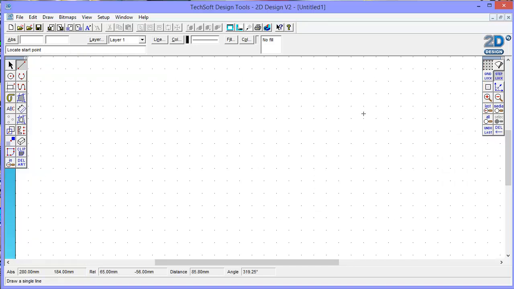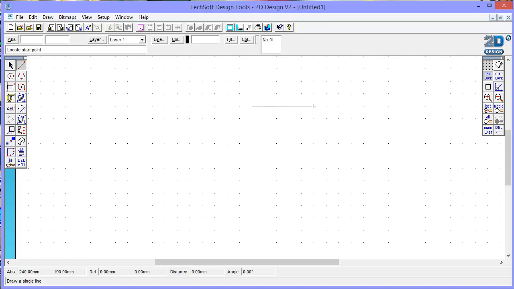So if I zoom in a little bit, from that square there to that, from that point to that point is 10 mil. But you can see that my mouse pointer moves anywhere around the screen. If I switch on grid lock, it only locks to those points. It means I can only draw from those points. If I want to draw a line, I've got my line tool on, I click once, I move across, and